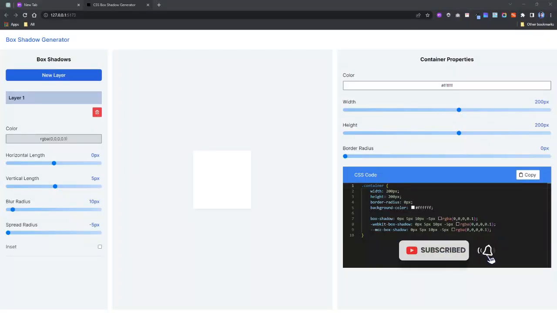So today we are going to build our own CSS Box Shadow Generator app from scratch. This Box Shadow Generator app will feature an intuitive interface with adjustable sliders and color pickers, giving you full control over the blur, spread, color and position of your box shadows. You will see the changes happening in real time, making it easy to create amazing box shadow effects for your project. And once you generate your box shadows, you can copy the CSS code associated with that and then use